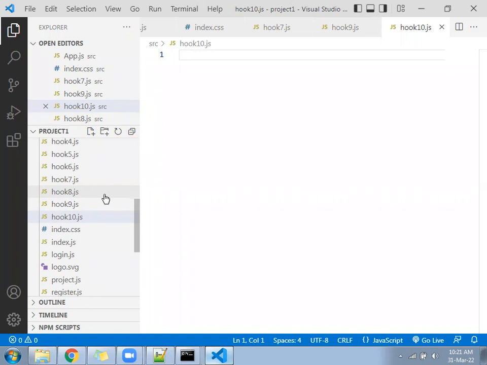Okay, hook10.js is ready. Come to hook10.js.